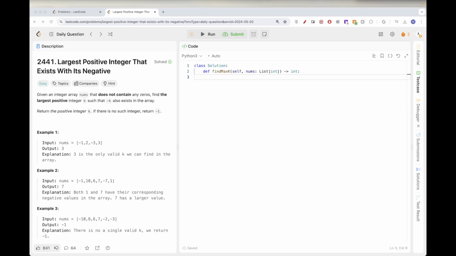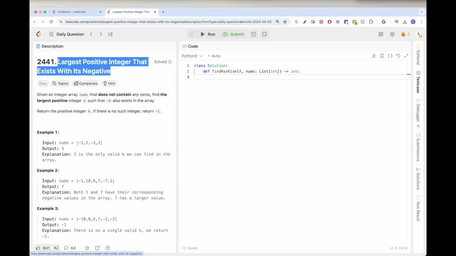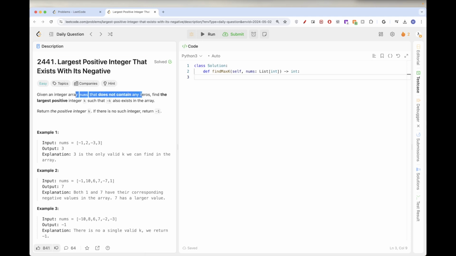Hello, so today we are going to do this problem, which is part of Leetcode daily challenge. Largest positive integer that exists with its negative. So basically we have an array of numbers that does not have any zeros, and we want to find the